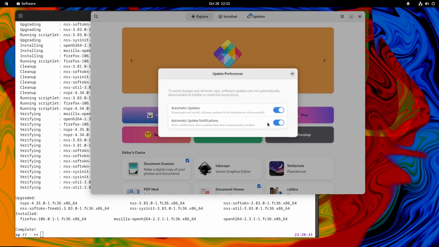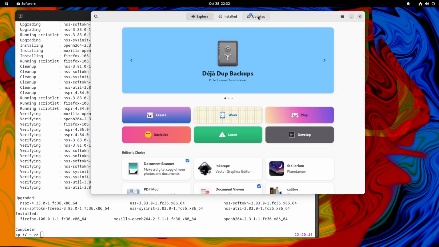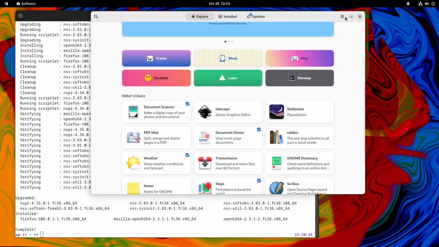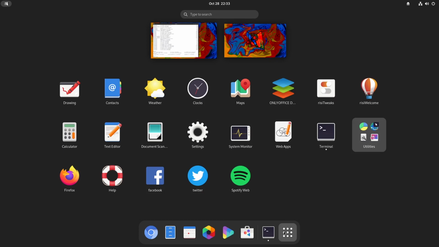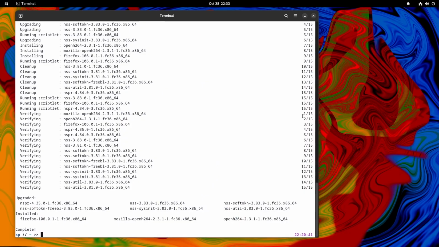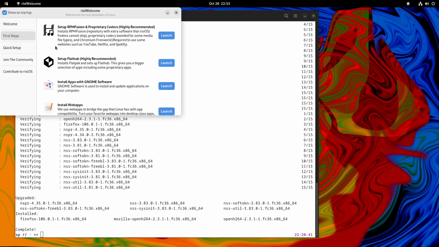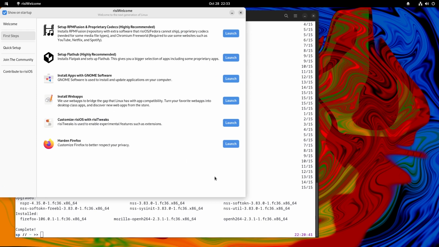Update preferences. I will turn off this. And then if we want to go to the Risi welcome page, we can just click this and then we can enable the RPM Fusion and FlatHub from here.